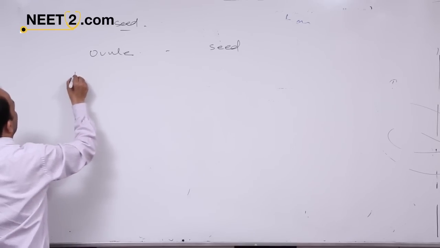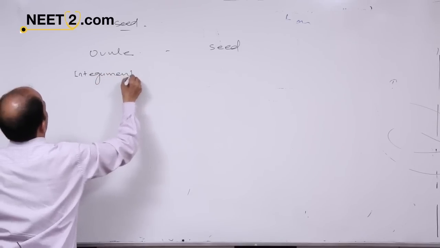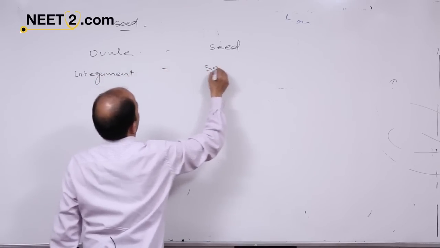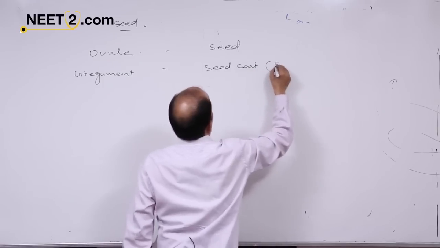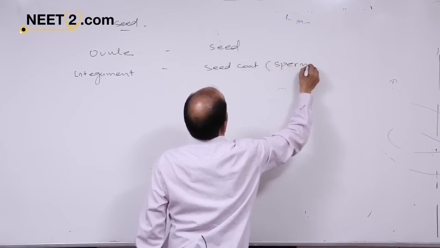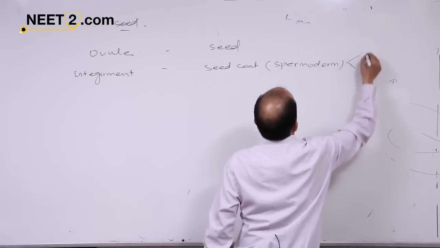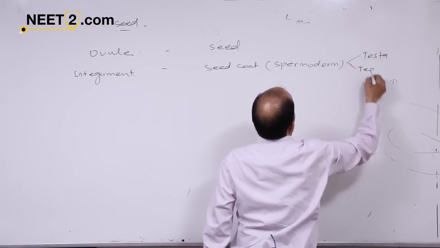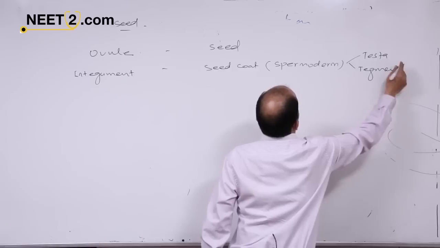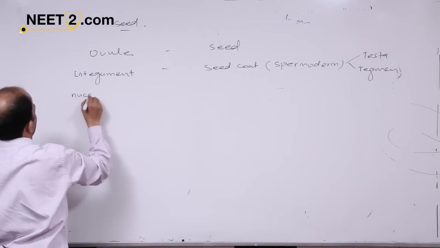अब ओव्यूल का ही जो कवरिंग है, that is the integument, वो सीड की कवरिंग हो जाएगी, that is the सीड कोट. सीड कोट that is स्पर्मोडर्म. स्पर्म्स means seed. स्पर्मोडर्म, outer you will find testa और inner you will find tegmen. जो न्यूसेलस था, this